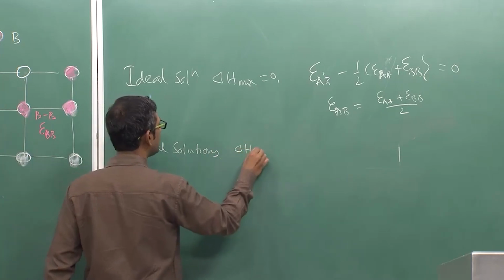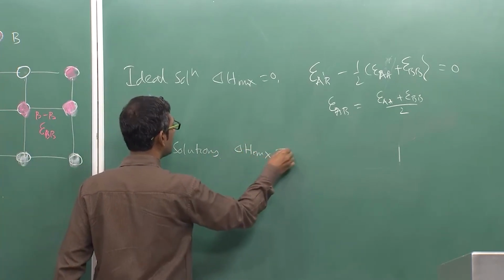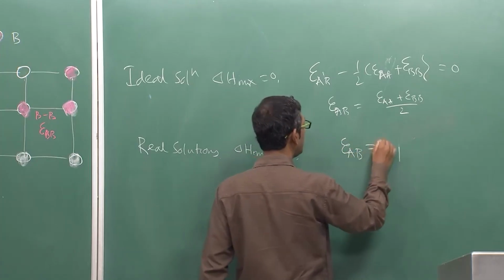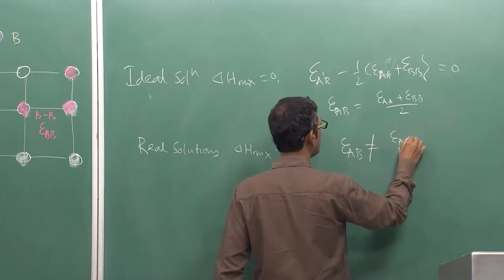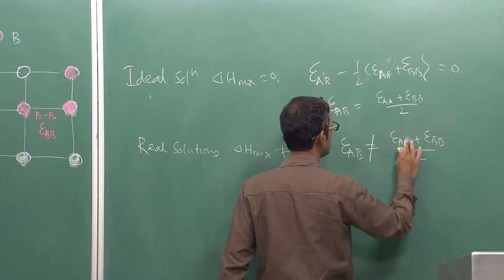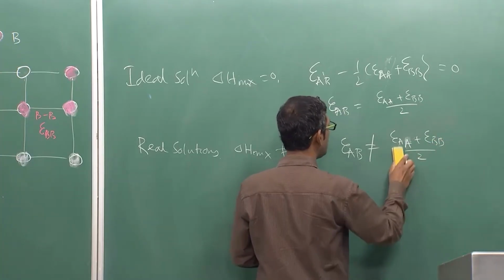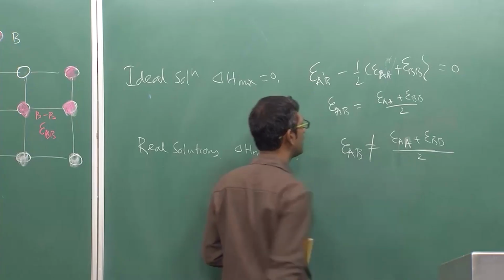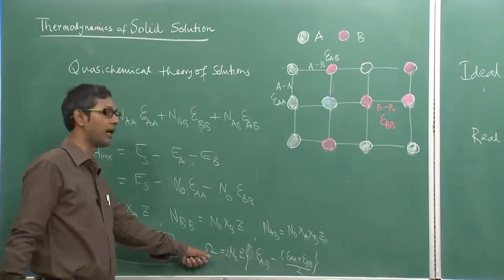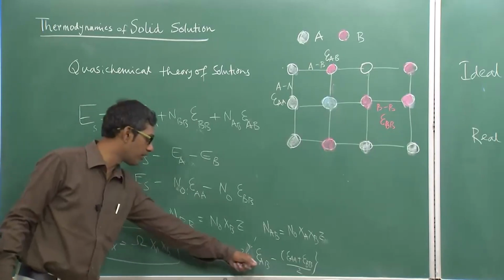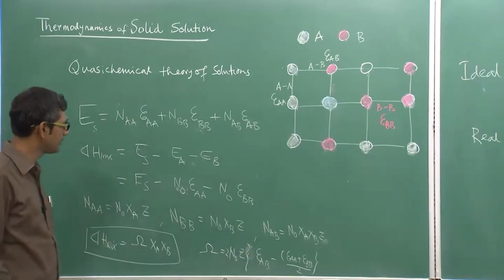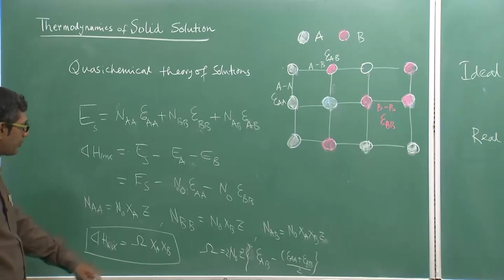Delta H mix is not equal to 0, that clearly tells you E_AB is not equal to (E_AA plus E_BB) by 2. That will be the factor which will play a role in determining the actual value of omega, because omega is strongly dependent on this parameter. N0 is Avogadro number, that is fixed, 6.023 into 10 to the power 23, and Z